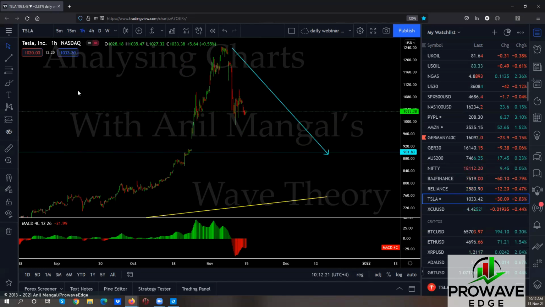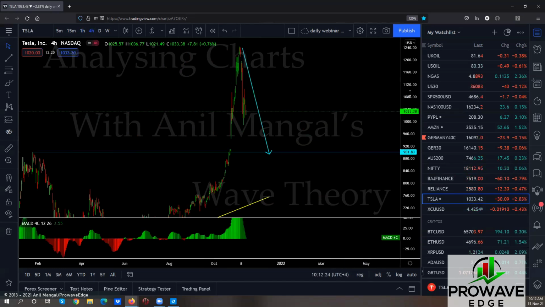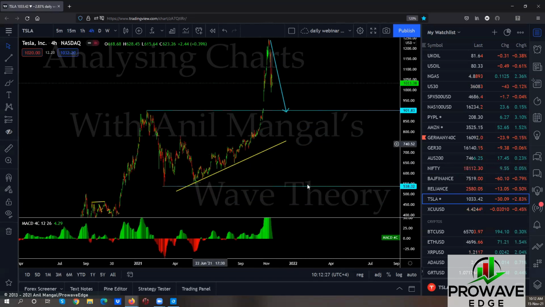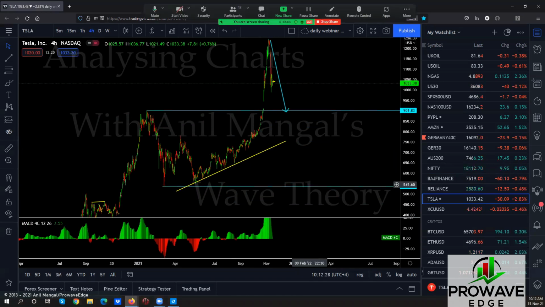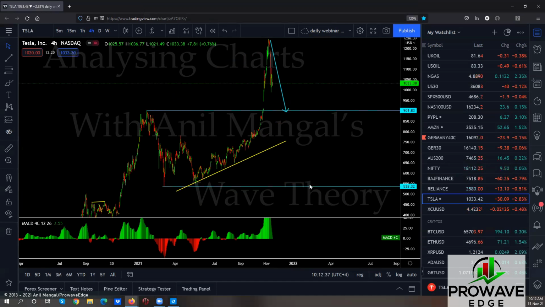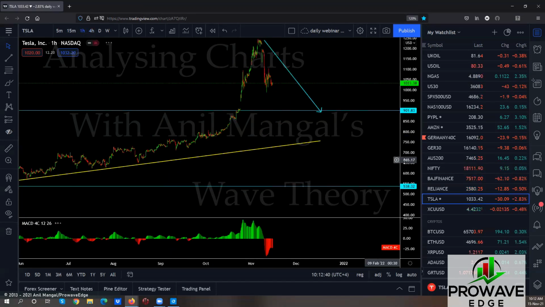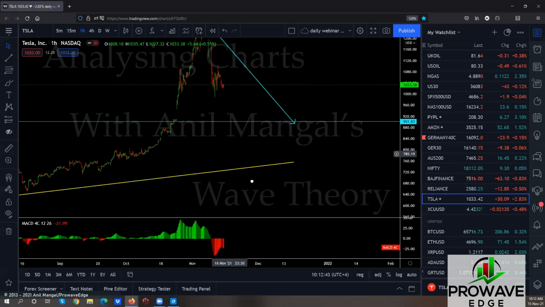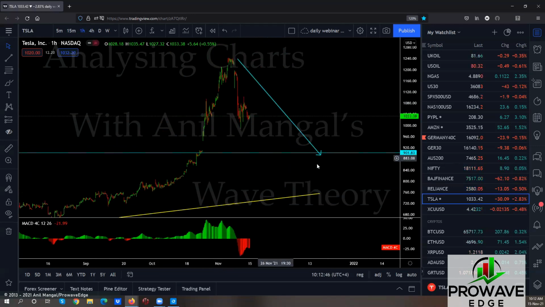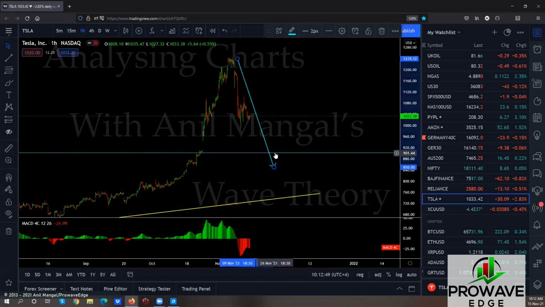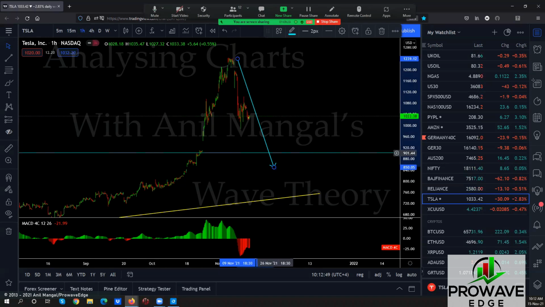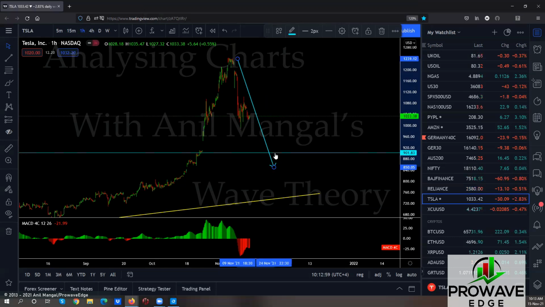Tesla. Well, looks like we might finally get that sharp wave down, which is this one. All you want for that now is a little flag here, a little consolidation here, and then drop like this and then back up, because we would look at this as a running flat. All right, that's what we do. So, by the way, did I mention the sharp waves at the start of my webinar? That the one in the back there, we eventually get them. So we can even put it like this. You get a consolidation here. It could drop to the bottom. I think there's a small flag there, or it might get into a bigger correction and then look for a sell setup.